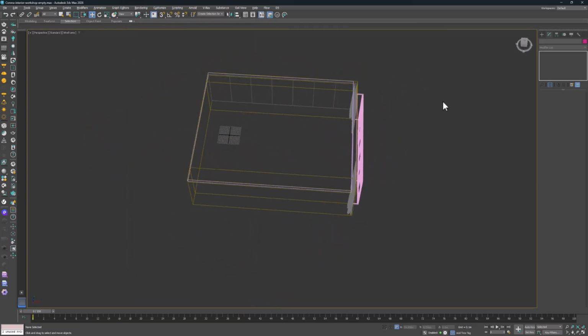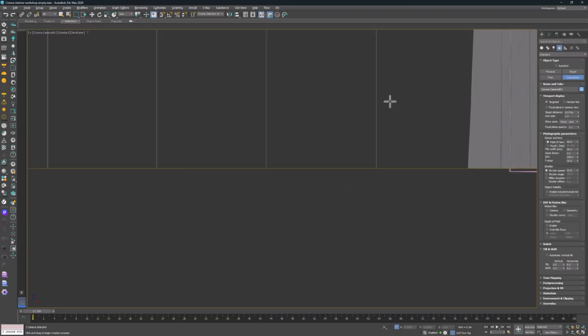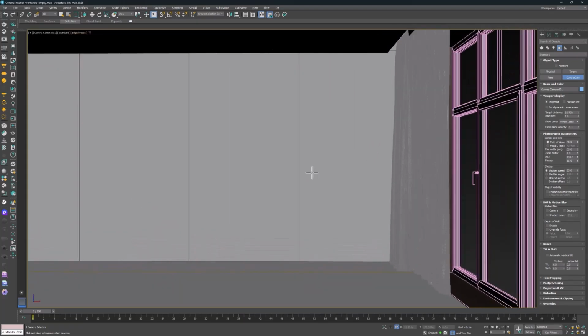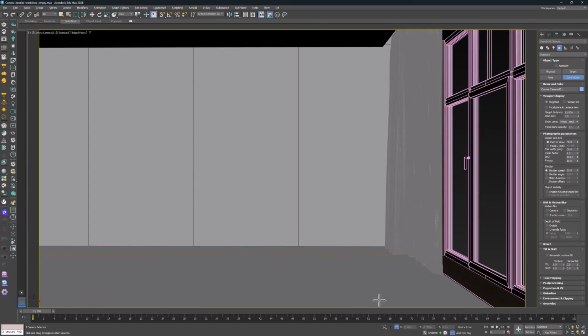Before anything else, I need to set up my scene for the camera and frame it. To do this, we go to the Create tab and then to the Camera section. Here you can use the Corona camera option, or from the Corona toolbar, you can come here to Create Corona camera and create a camera for this scene by clicking and dragging. If you press the C key, you'll enter the camera view and can start framing. By pressing Shift and F, the safe frame will be activated, which is essentially the frame you'll see in the